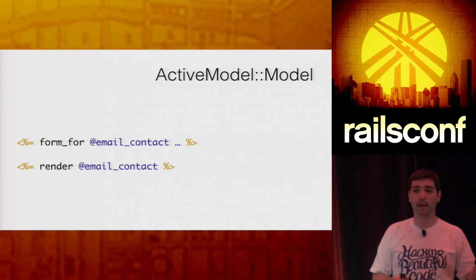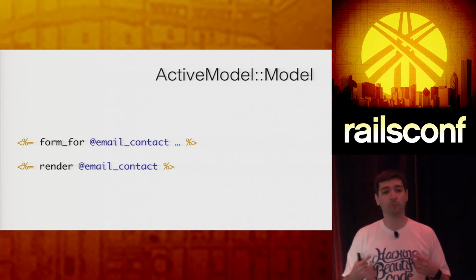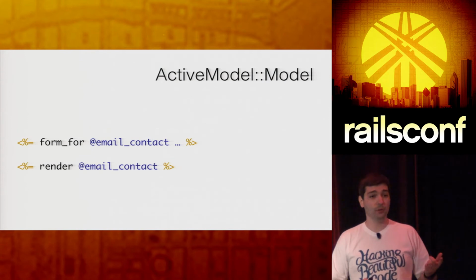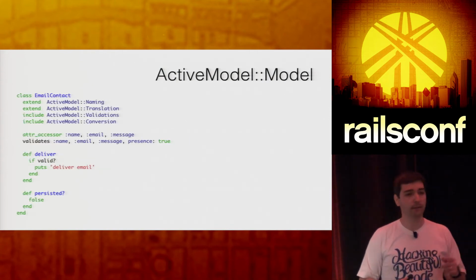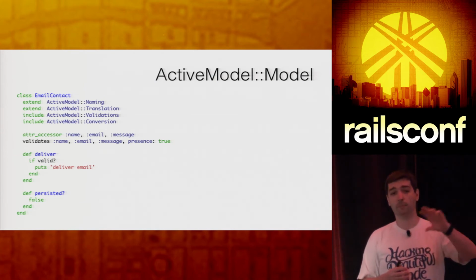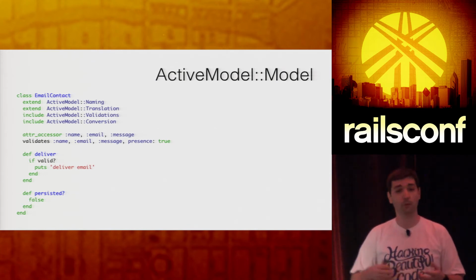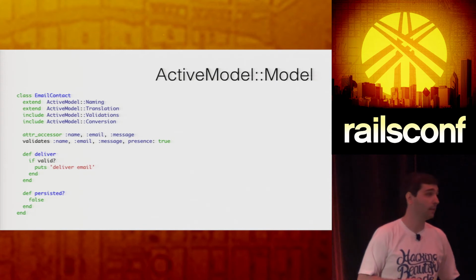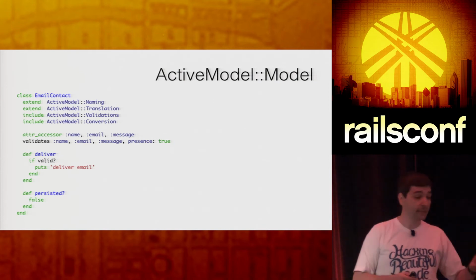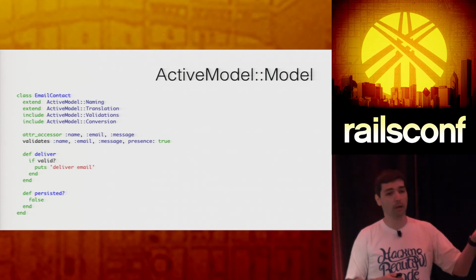But you can't use this class with Rails helpers. You can't use form_for, you can't use render, because it's not prepared to communicate with these helpers, right? And for you to do that, you have to write a class kind of like this, a little bit bigger than the first one, right? You have to put some ActiveModel modules there for you to be able to validate, for you to be able to communicate with form_for as it expects. You would have to have a persisted? method there. That's the API that's required for you to communicate with Action Pack, right? So you have to know and write all this.